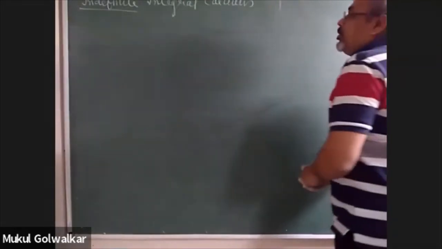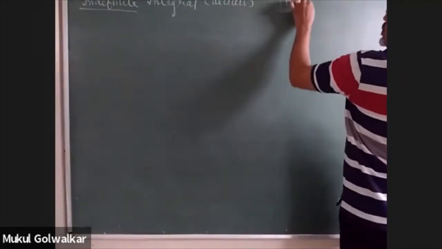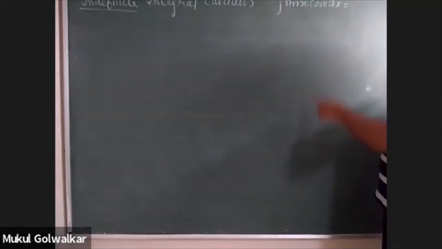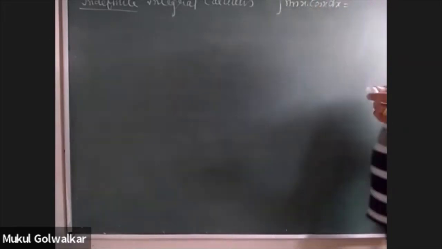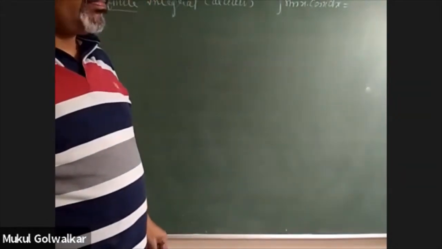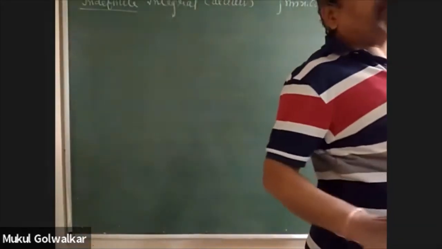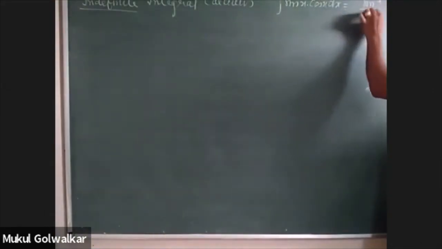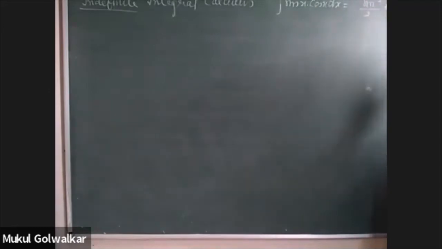I have integrated sin x cos x dx. And what answer did I write for this? Can you recall the answer, please? Children, we integrated this function, and what last line did we write as the answer? Can you repeat that line, please? Sin square x by 2 plus c. With minus sign or with plus sign? With plus sign only, right? It was sin square x divided by 2 plus a constant of integration. This was our answer.